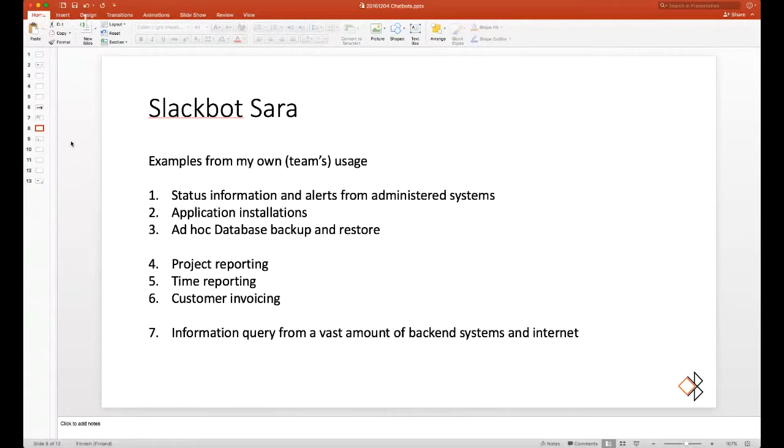Then there are some administrative tasks which the bot can do. I can get project estimates and how projects are going, and I can get a report back about the whole project portfolio or from individual projects. I can do time reporting, and I can get time reports